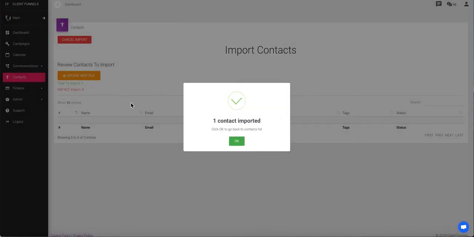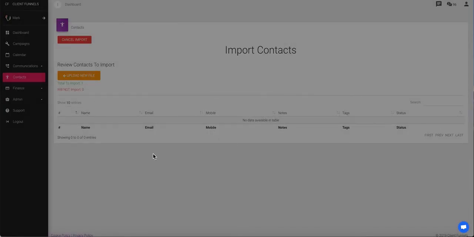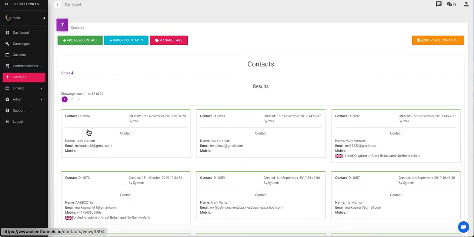click import from CSV. That then tells you how many contacts have been imported, and they will then show in your full contact list, and you can see the one here that I've got. And then I can go in and edit them or do whatever I want to do, or send a broadcast message to them or anything like that to start that communication with them. So that's how easy it is